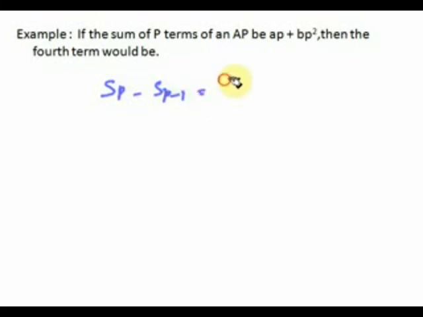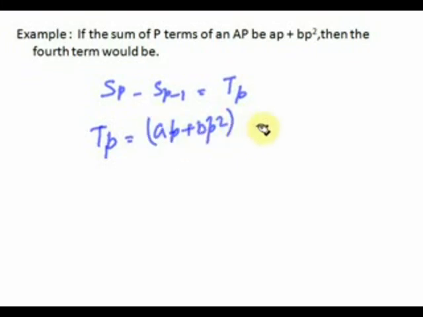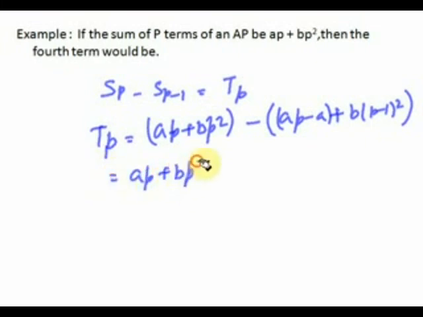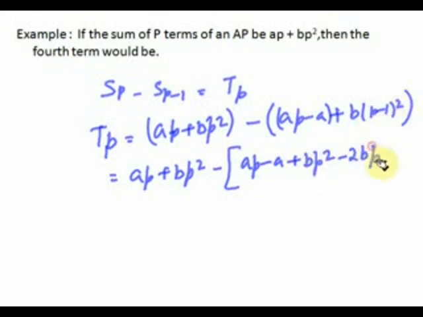Sp minus S(p minus 1), that is equal to Tp. So Tp will be equal to, the sum of p terms is ap plus bp square, minus S(p minus 1), which will be a into p minus 1 plus b into p minus 1 square, that is equal to ap plus bp square minus ap minus a plus bp square minus 2bp plus b. ap could be cancelled, right? bp square could be cancelled. What we get is a